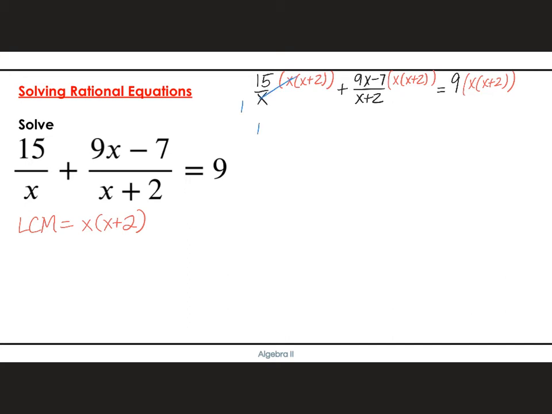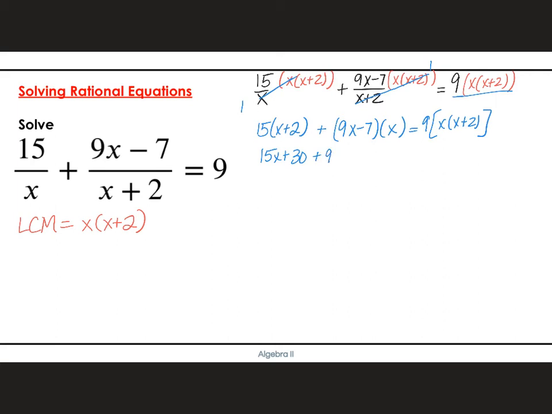So I have 15 times x plus 2. Here I can cancel out the x plus 2's. They will become 1. So I have plus 9x minus 7 times x. And then nothing cancels out here, so that's equal to 9 times x plus 2. So let's distribute everything that we can. So we have 15x plus 30